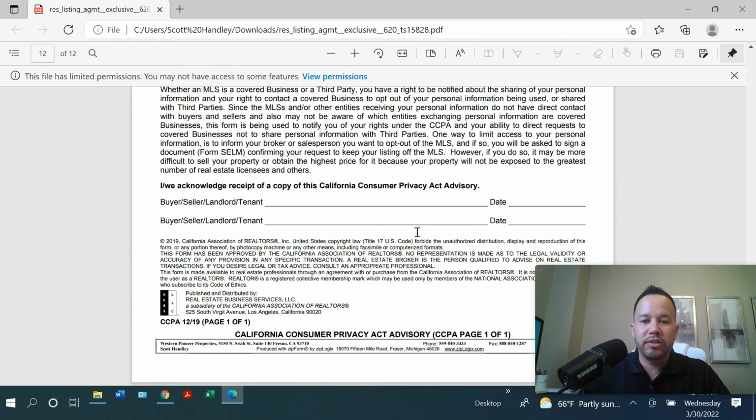Again, it has a total of 5 additional disclosures from the RLA. That order again, the AD, the PRBS, the WFA, then it goes to your RLA, then it has the seller advisory, and then the CCPA. Once those are completely filled out, signed by all parties, including yourself as the agent, and it's fully executed, initialed on every page, you are ready to turn this in and set up your photography and get marketing to this